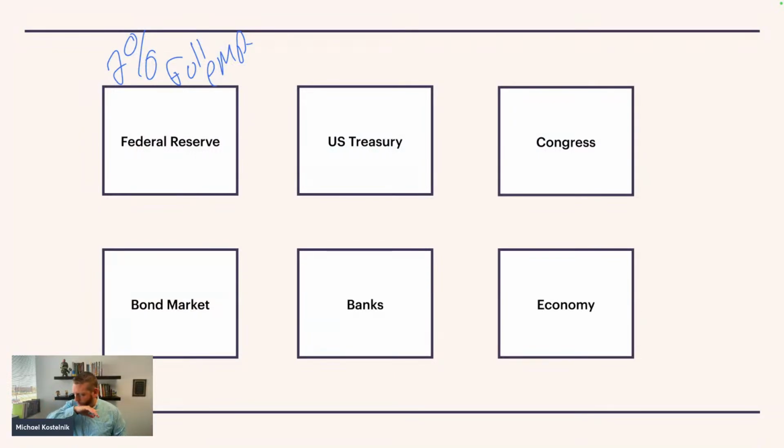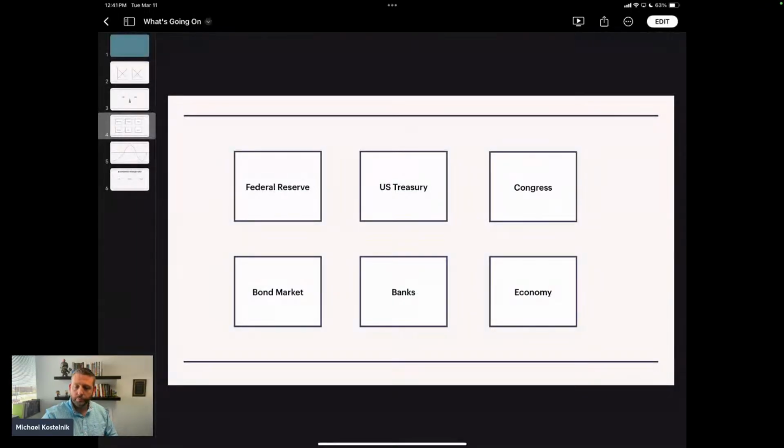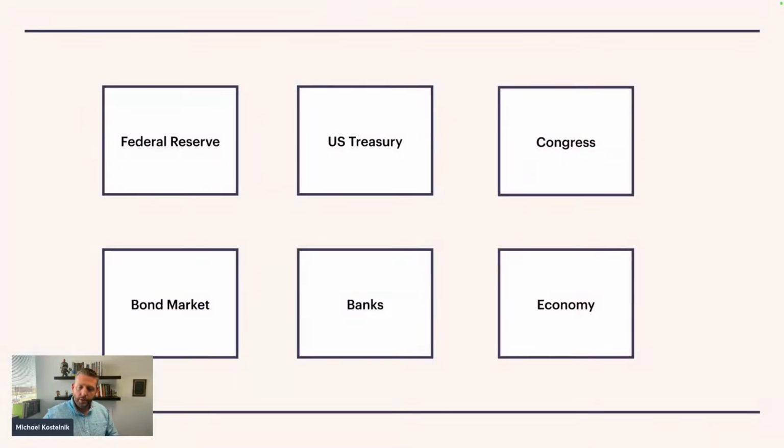And they do this by going into the bond market. The Fed's the one working, and they buy or sell bonds. So again, think of the teeter-totter. If they're buying bonds, what they're doing is driving up the demand and making the prices go up. If the price of bonds goes up, the interest rates of bonds goes down. If the price of bonds goes down, the interest rates for bonds goes up.